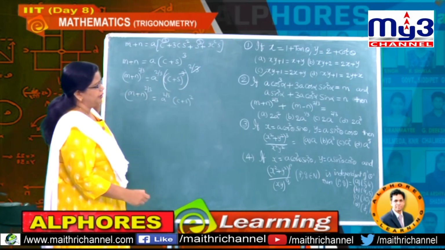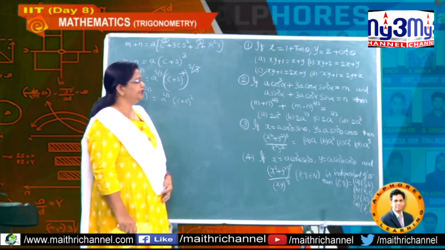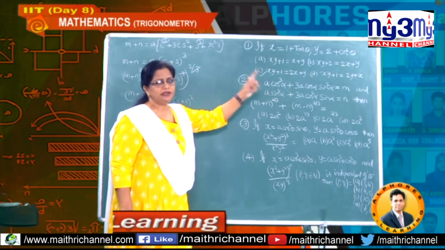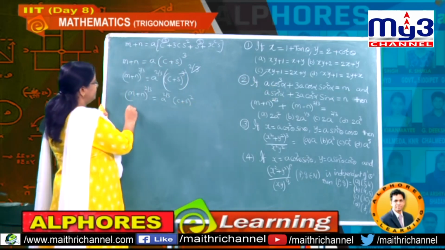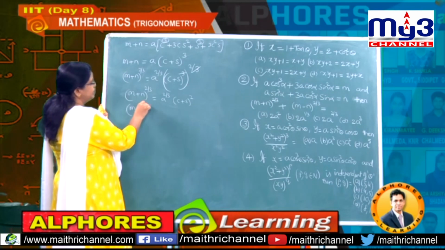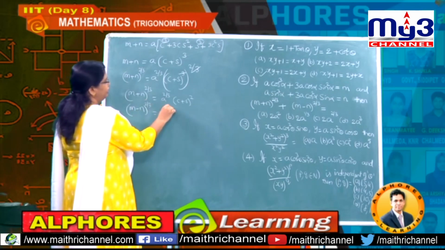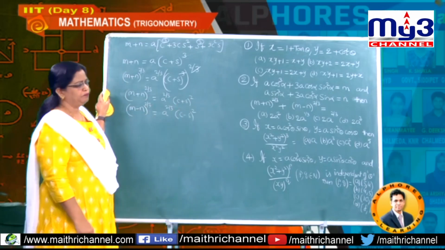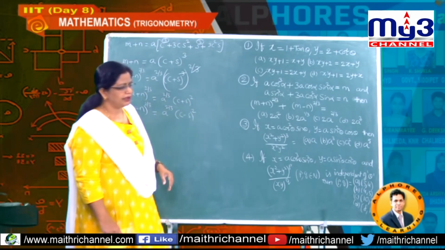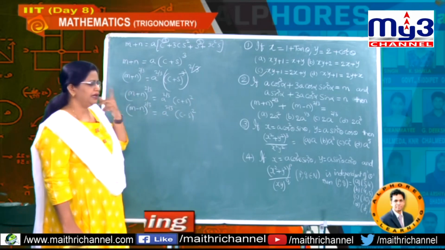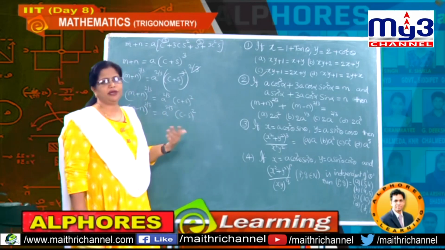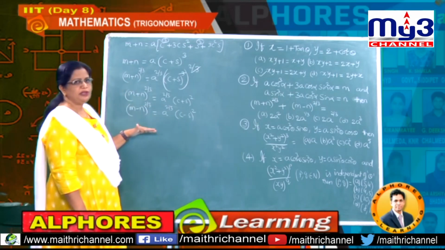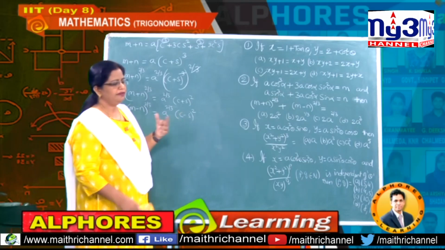Understand? Now for m minus n, what is the only change? If you write m minus n, you will get cos cube minus sin cube. Similarly, (m minus n) whole power 2 by 3 is a power 2 by 3 into (cos minus sin) whole square. Understand? There is no need to substitute m minus n again after that. This is not a board exam. If it is a board exam, you have to do all those, but it is not, so as much as possible you have to go for simple values.